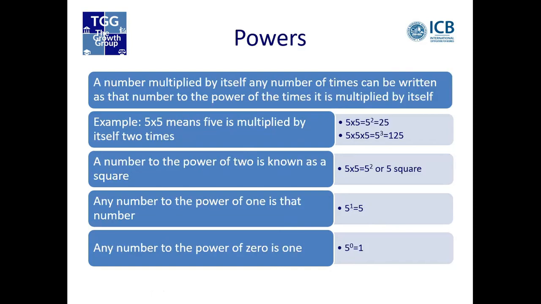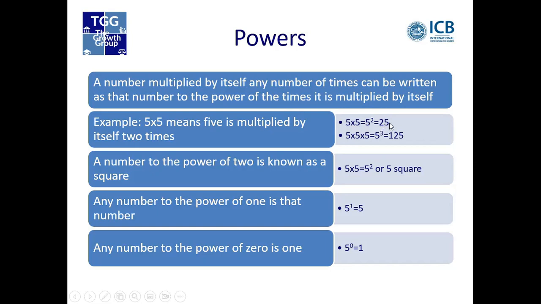Next one here is a power. So what is a power? A number multiplied by itself any number of times can be written as that number to the power of the times it is multiplied by itself. So for example, we have 5 times 5. That means that 5 is multiplied by itself 2 times. So instead of writing 5 times 5, like I did there, we can simply say 5 squared,